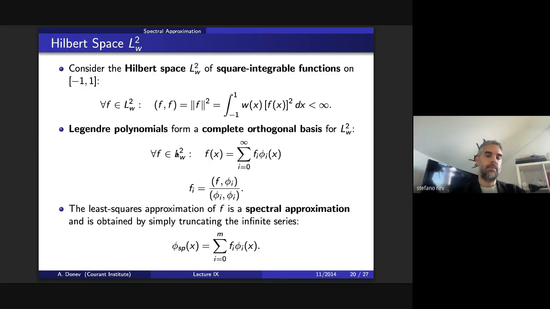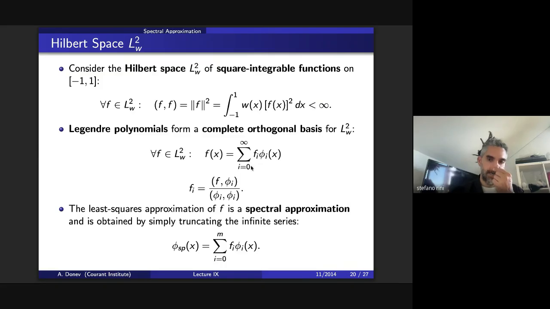And we say that we are happy to consider in this space all the functions that have a finite square integral under this weighting. And then we say, well, if we take all these functions that satisfy this, and I allow myself to have an infinite basis, okay, then I can approximate any function, right, as